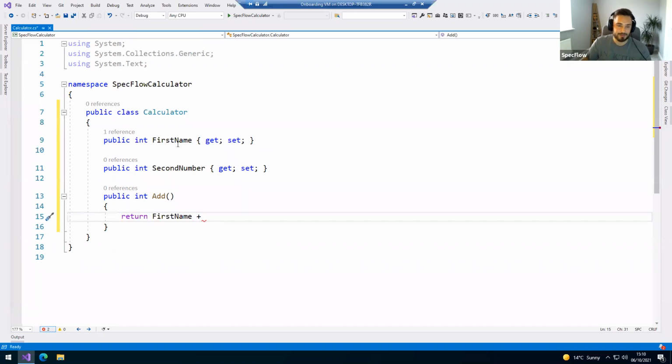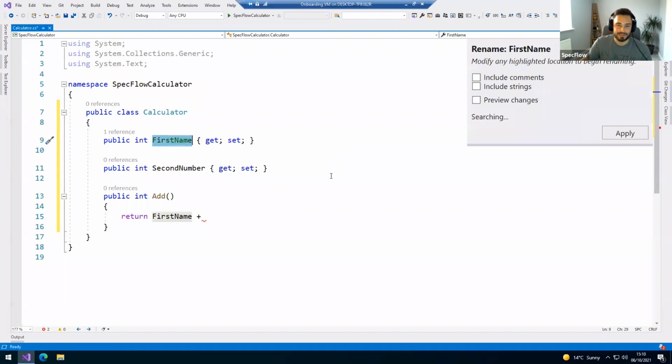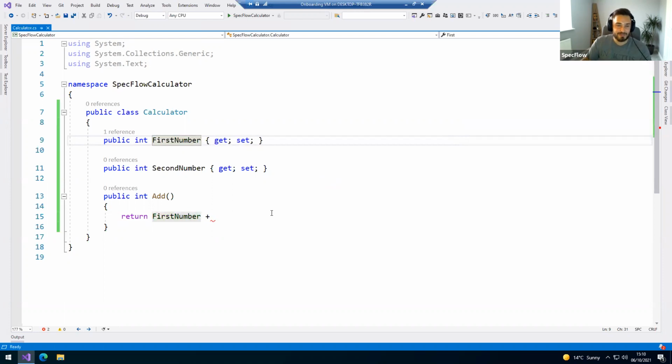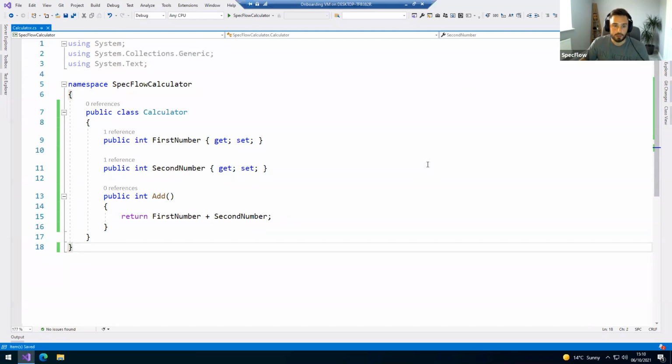Sorry, I just realized I've called it first name. That's obviously not useful. First number, this is what we wanted. Cool. Return first number plus second number. Cool. So now we've got some form of a basic calculator which we can use as our subject